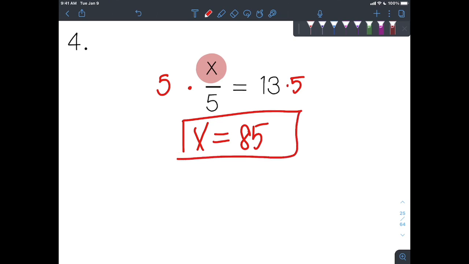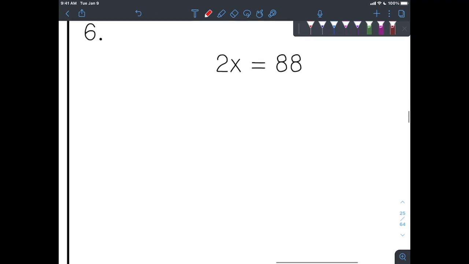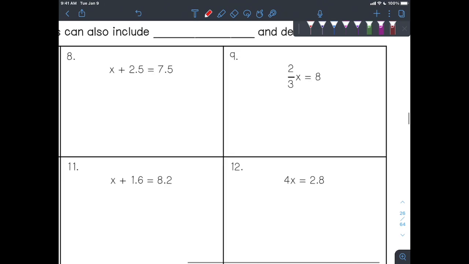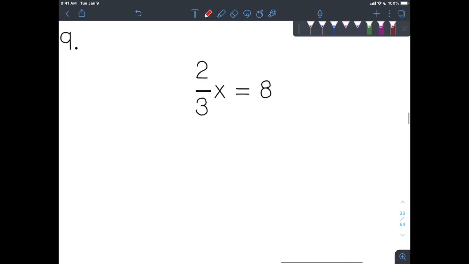And I end up with my answer. Now, there's a very special problem. Where is it at? Here we go. There's a very special problem. Now, this is something that you probably will not learn until you head to high school. But I'm going to explain it to you now, and you're going to feel like a super genius whenever you